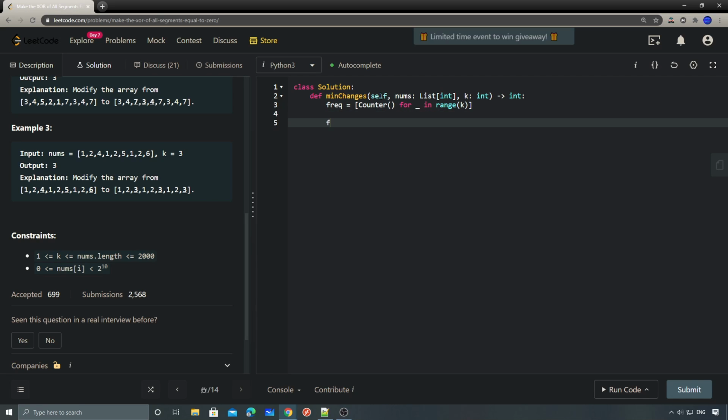So here we have for i, number in enumerate numbers, and then we're going to have a frequency of the i mod k, and then this one is going to be plus 1. So for each of the locations of the sliding window K here,